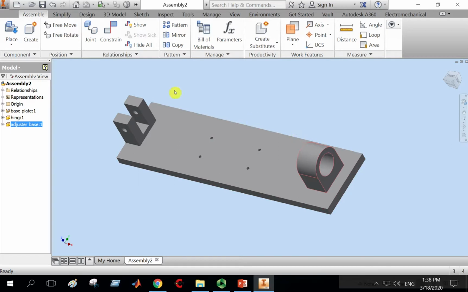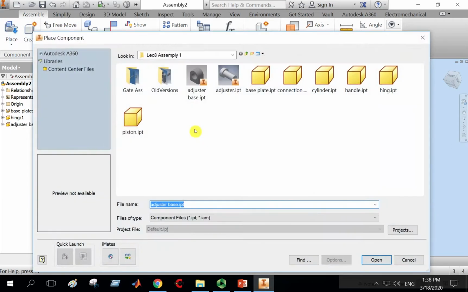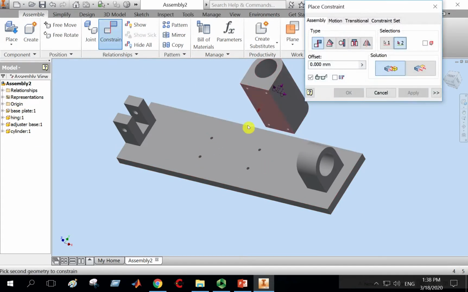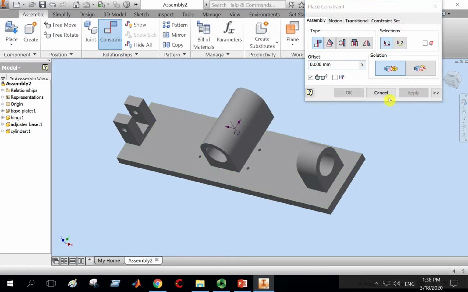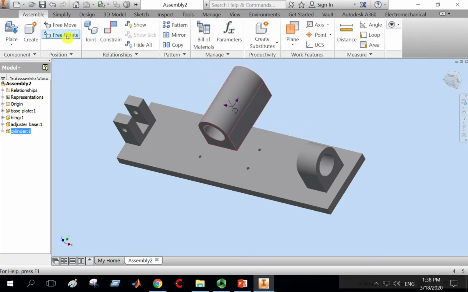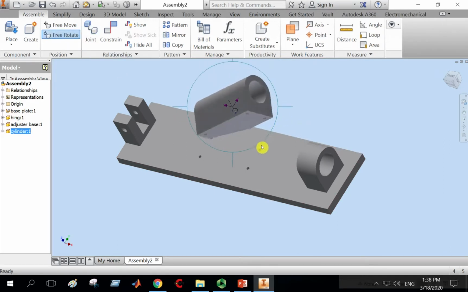degrees of freedom. Now, guys, again we have to go to place, and as an example select this cylinder. I know that the cylinder, this surface should mate with this surface, and just two holes mate with two holes here. So I will constrain at the beginning, select this surface, mate with this surface, apply, cancel, and then we can make free rotate just to prepare it, just to show you what I'm trying to do,